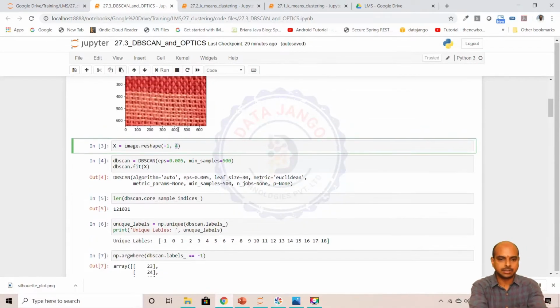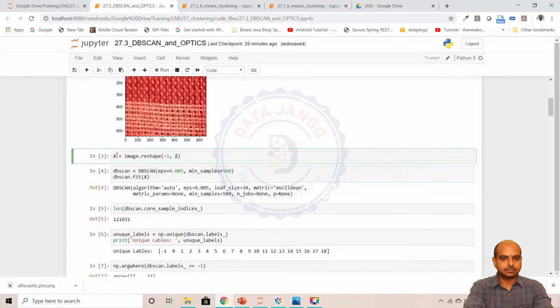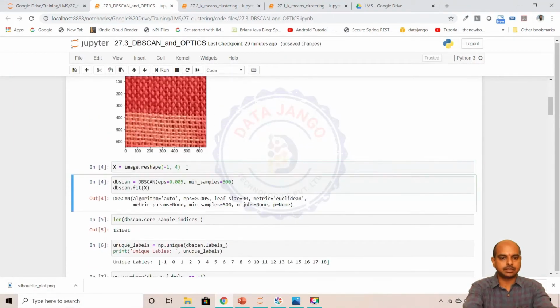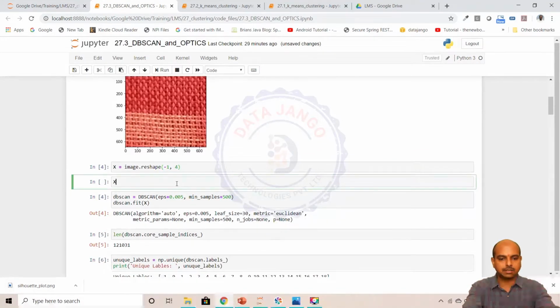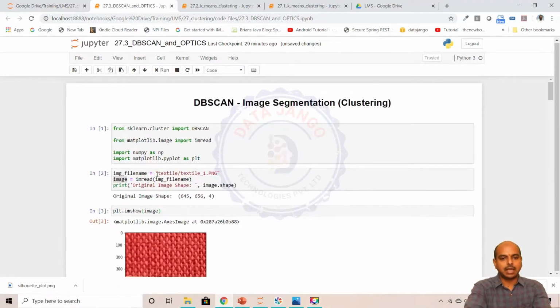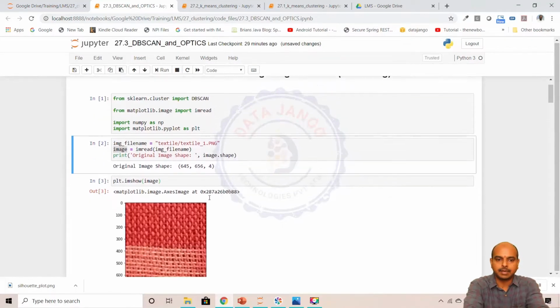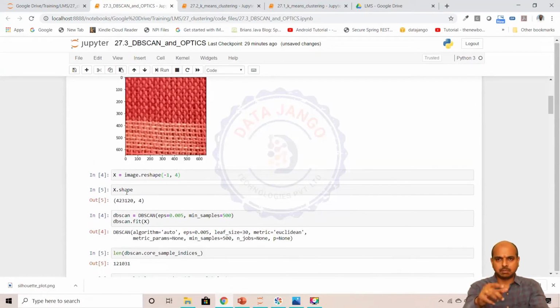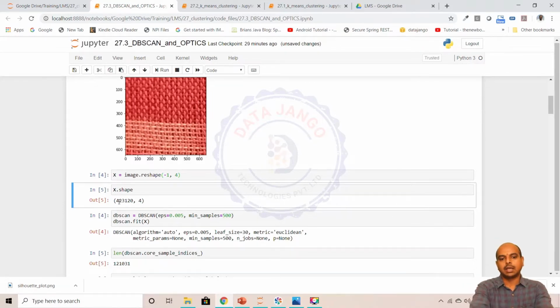4-column data. When I look at the shape of X, the original image is like this. I loaded the image and looked at the dimensions, 645 by 656 by 4. But I reshaped it into a 2-dimensional matrix with 423,120 records, in India we call it 4,23,120. That many records are there, and 4 columns. I converted the pixels like that,